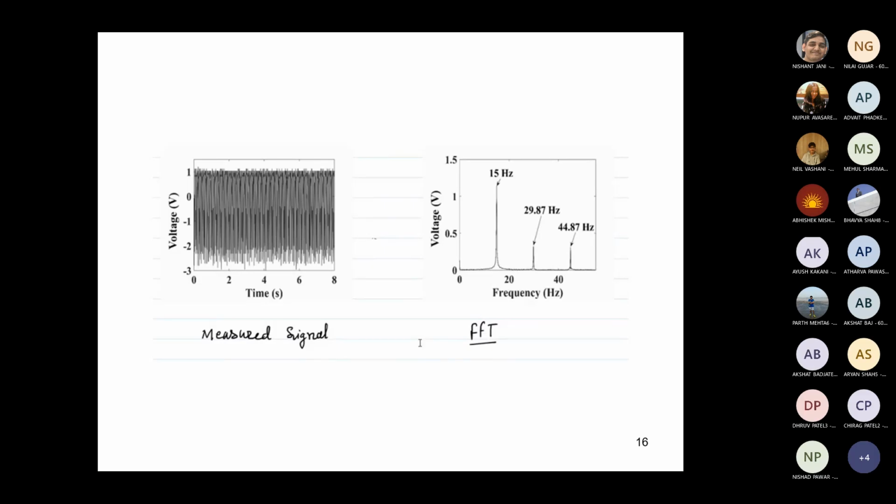For example, when you start your ceiling fan, the ceiling fan doesn't go immediately to the maximum speed. It starts from 0 and goes to maximum. Somewhere in between, it will pass through its fundamental frequencies, first, second, third, and so on. So when the signal is transmitted from